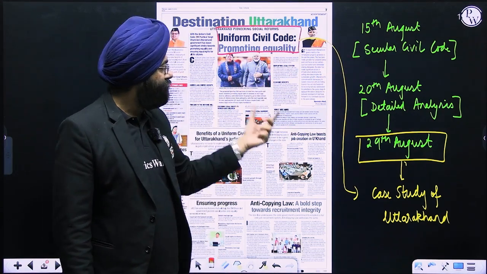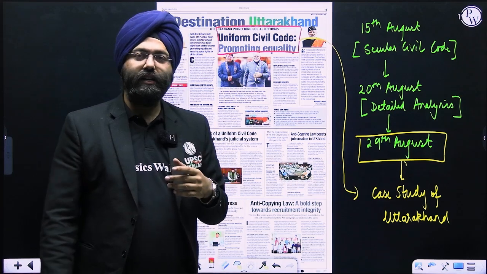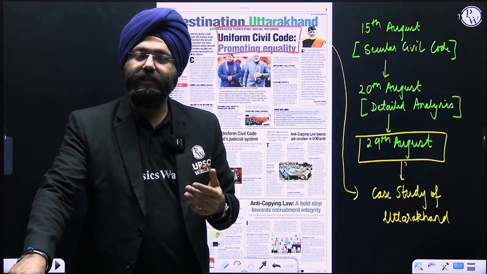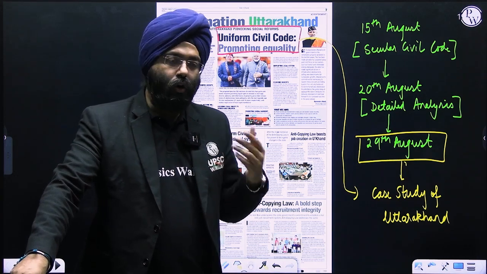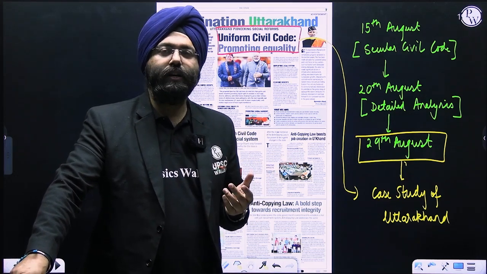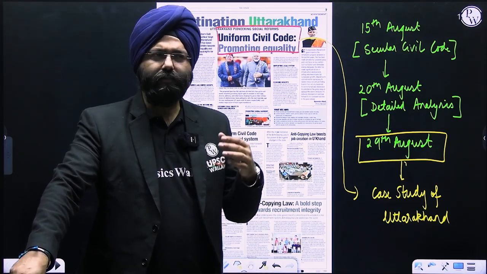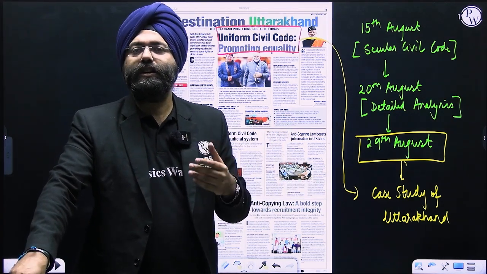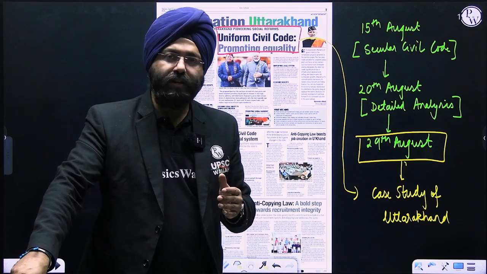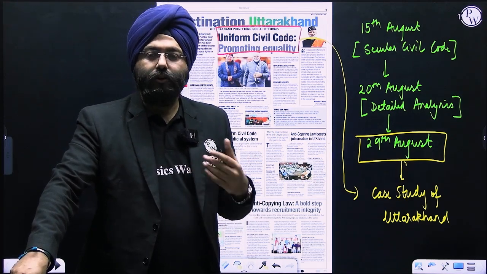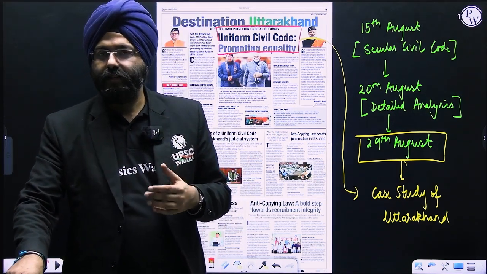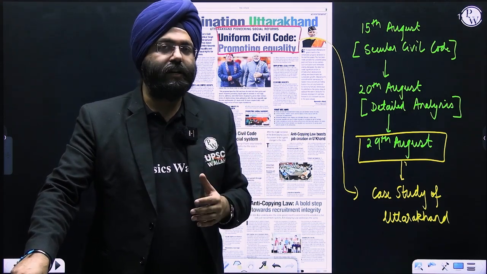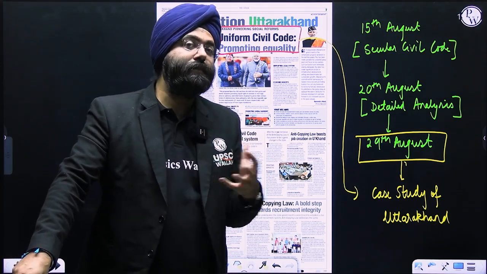This advertisement presents you the case of Uttarakhand, where the uniform civil code has been implemented in the state in 2024, along with, obviously, Goa, which had a uniform civil code much prior to that, from I think 1867, but in Uttarakhand it has been implemented in the year 2024. It only excludes the scheduled tribes, because scheduled tribes have their own constitutional rights and status. On the other hand, all other communities are subject to the uniform civil code of the state of Uttarakhand. This is one of the examples that you can quote.